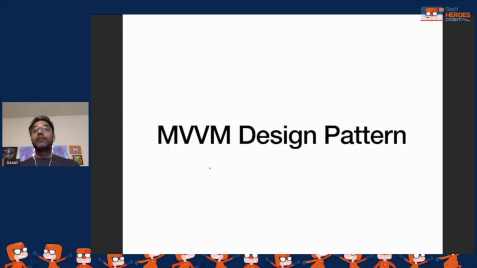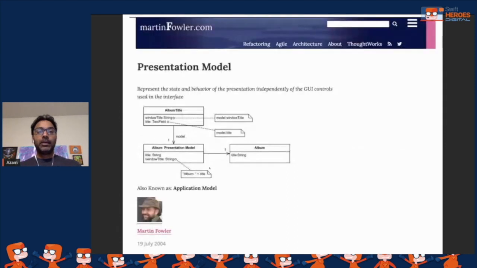So what exactly is the MVVM design pattern? Now, MVVM design pattern, believe it or not, is just a fancy name. That's not the original name of the pattern. The original name of the pattern is actually presentation model. And here's the diagram from Martin Fowler. And you can see it's a pretty old pattern. It goes back to